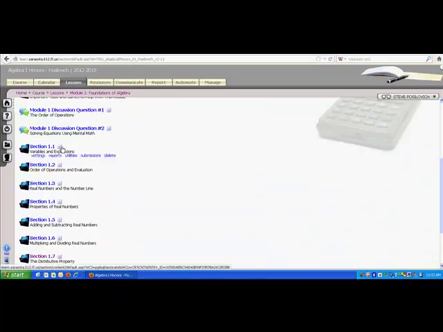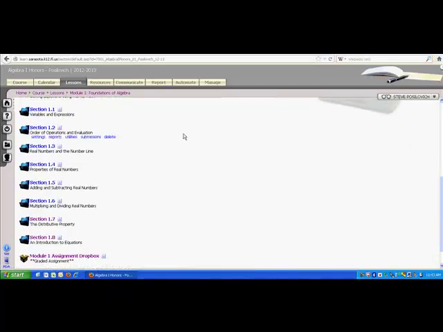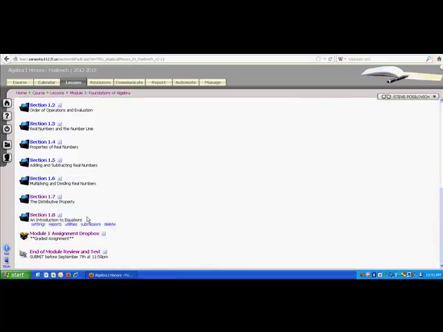We've got 2 discussion questions plus 8 sections. 2 plus 8 is 10. Then we've got an assignment Dropbox and a test. You're not going to be able to see those 2 folders until you finish all the sections. So you have to finish the 2 discussion questions and all the section assessments, and then those 2 folders will